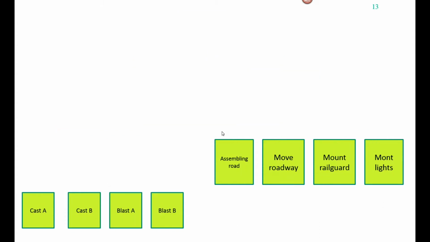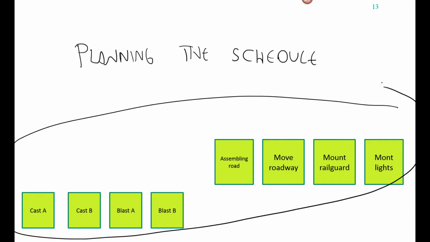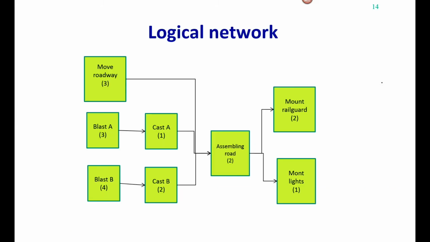We continue on to actually planning the schedule, and we will be using the 8 activities and we'll be setting them up in a network. And this is what the network, the logical network or the activity network, is going to look like. And based on that we can find the critical path, which is the longest path through the network. We see that we get to this point after 6 days, because this line